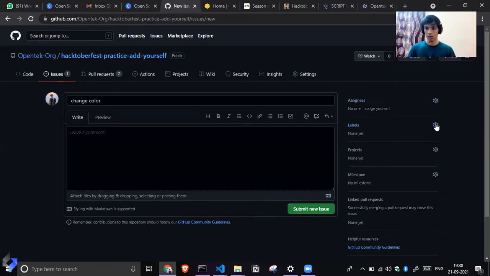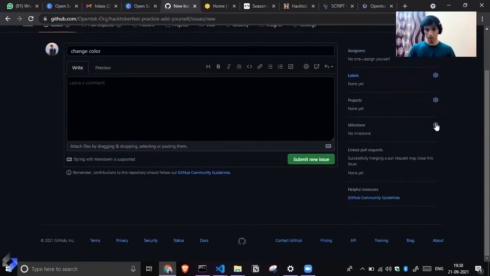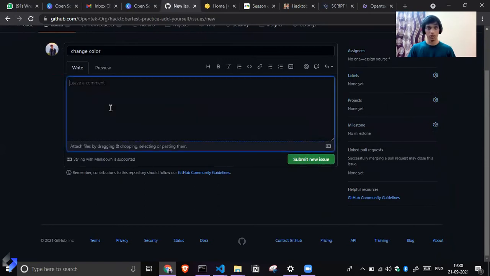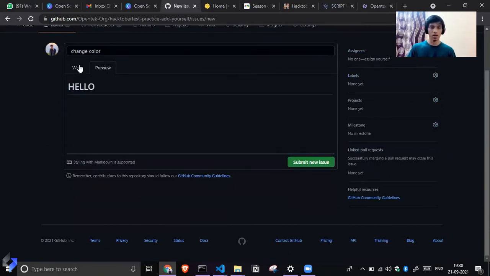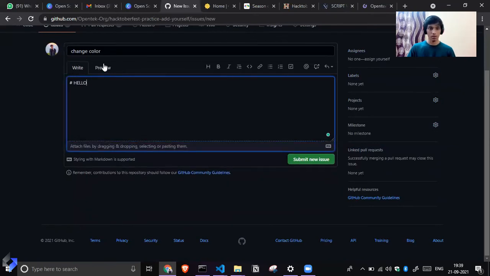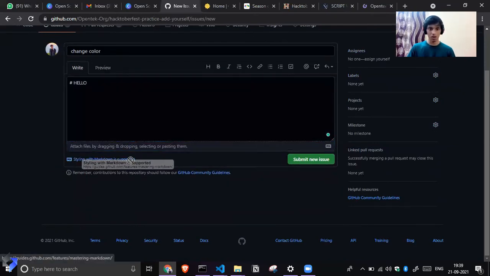Then you can submit a new issue. This also works with markdown syntax. If I write hello, you can see that styling with markdown is supported. You can click here and learn more about how the markdown syntax works.